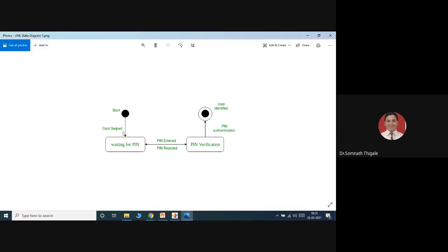Start, card swipe, waiting for pin is one condition, one state basically, sorry. After this state, if you enter the pin, you will move from one state to another state. Pin verification will take place here. If it is correct, you will go to the next, or if not, the pin will be rejected and it goes back to waiting for pin. This activity will be done. So I can simply represent it.